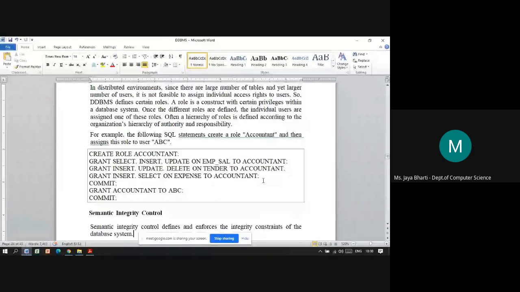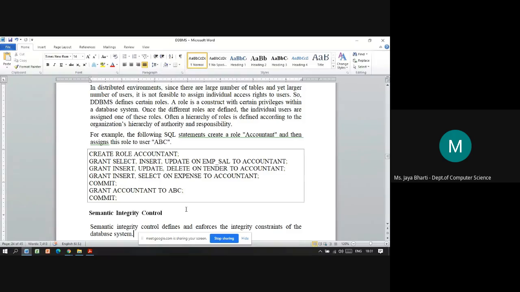Then the next line: grant accountant to ABC. After grant, you write the role, then to, which is a keyword and will come as it is, and then ABC. ABC is the user, the name of the user, or you can say the username.